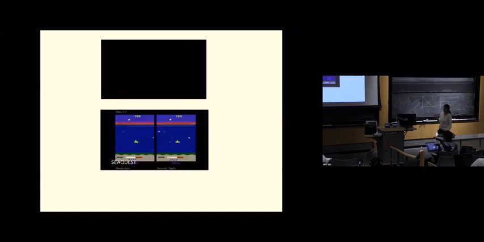So what is missing from the prediction compared to the ground truth? Yeah, the bullets. Why do you think the bullets are missing and those red guys are not? They're very small and they're transient.